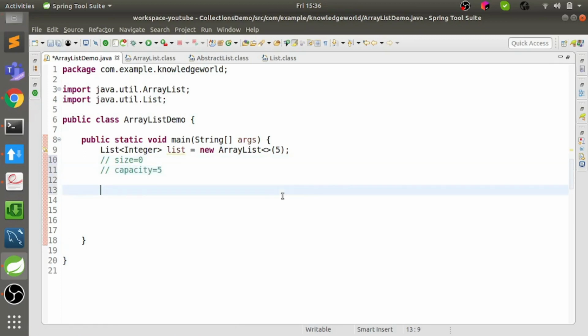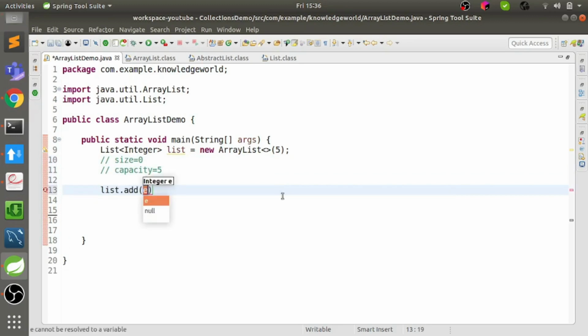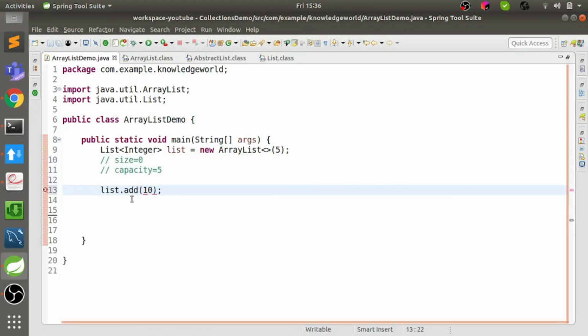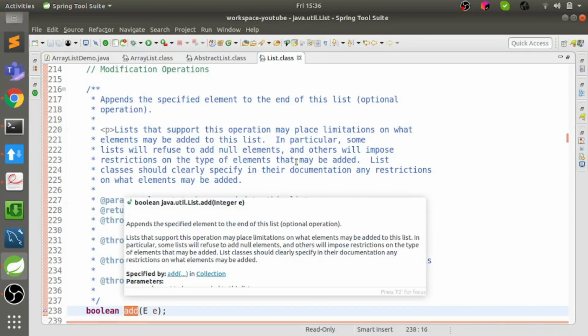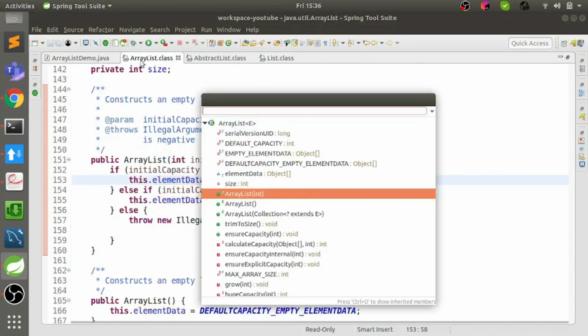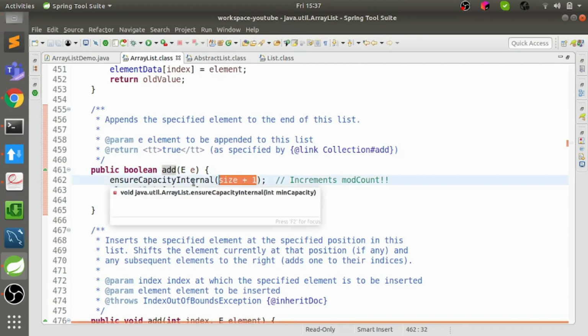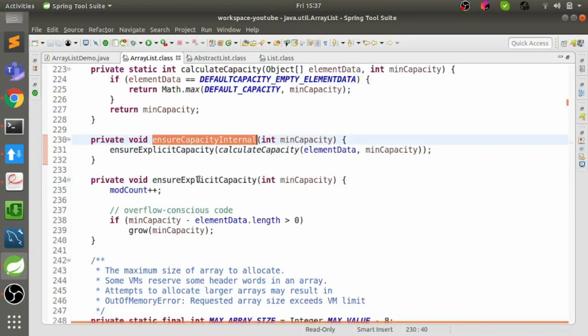Now if I call list dot add, let's say 10, then we'll see what happens. Just go to the add function. Now this size is 0, so this is called with 1, so it needs to ensure that the array list should have a size of 1, right? Calculate capacity is called, the min capacity is 1, and this is not empty, so it will return 1.